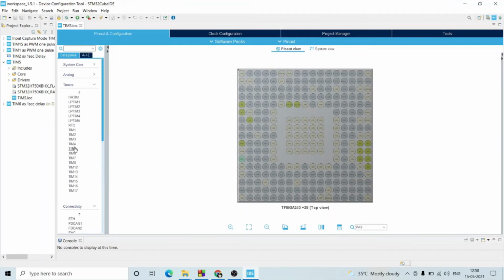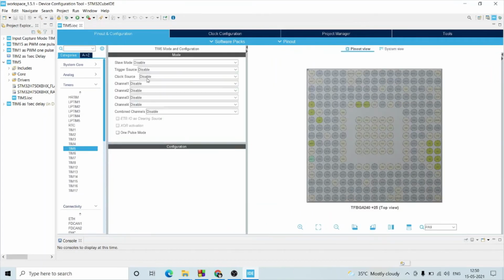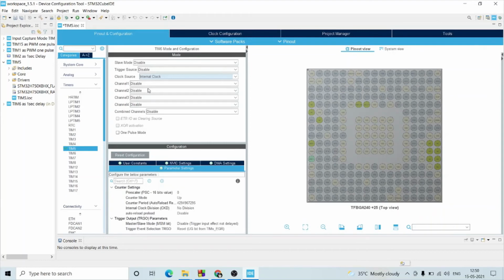So I'm choosing timer 5. To configure it as a delay, we need to select the clock source. I am choosing the internal clock source here. It has a frequency of 64 megahertz. To generate the delay, we need to select the prescaler and auto reload register values in parameter settings.